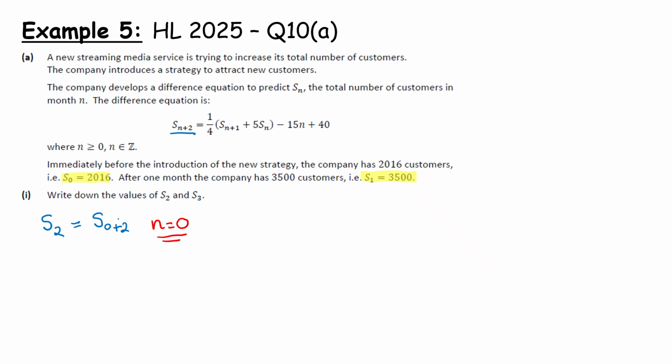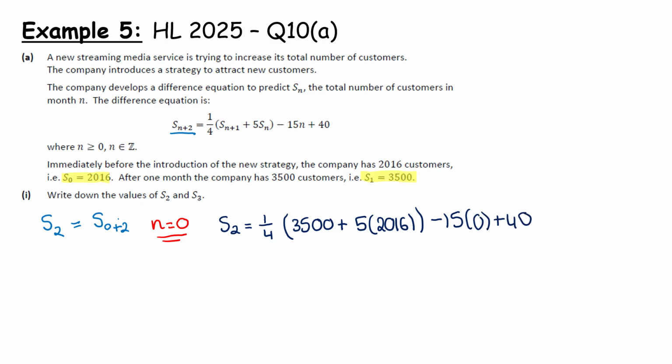And that's going to be so important with our substitution, because you're going to come along and do S2 is equal to a quarter. The term before, so that's S1, so that's 3,500, no issues yet, plus 5 times the term before that, which is 2016. And this is where it went wrong for so many students. They were plugging the 2 in here, which is completely incorrect, because n is actually our 0. So you need to be very, very mindful of what n is. So when you work that through, that works out as